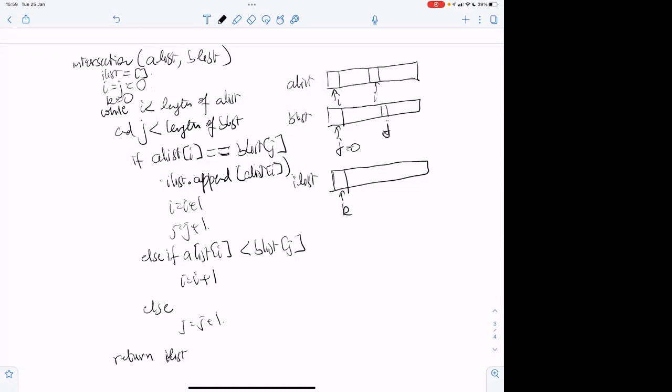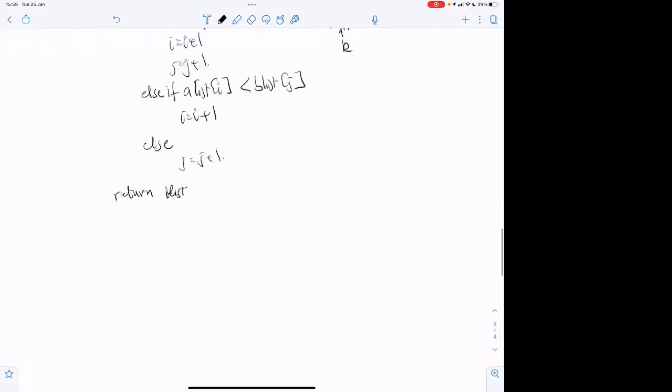I plus J is uniformly decreasing. So at some point, one of them will become equal to the length of the A list, correct? Am I making sense? Did I say monotonically decreasing? I should have said, basically I'm saying one of I and J will reach the end of the list, correct? So this will terminate.